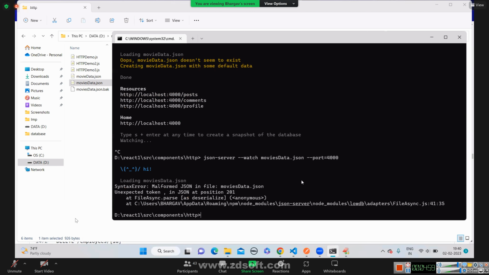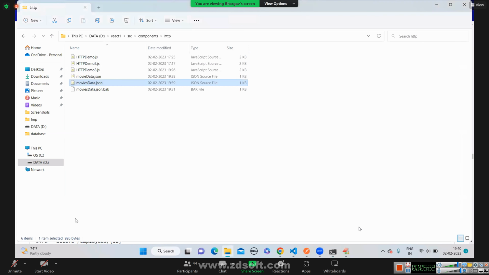Yes, sir. There is some error in the file, right? It's showing red. Error in the file. Wait. How is it? The JSON data is wrong.